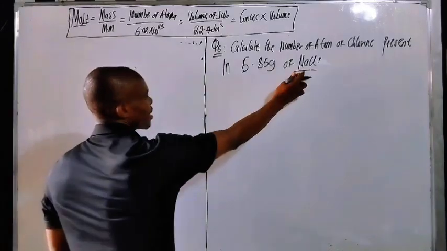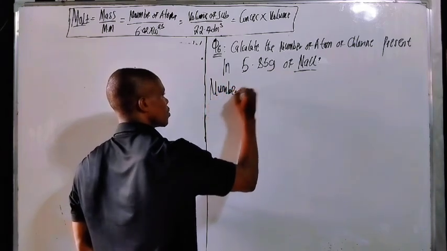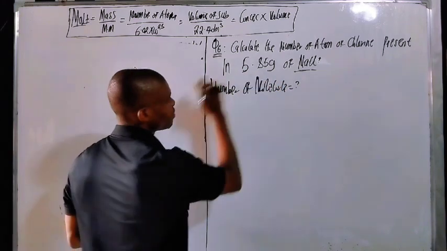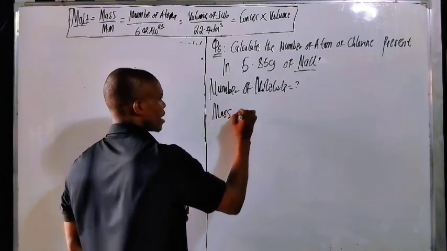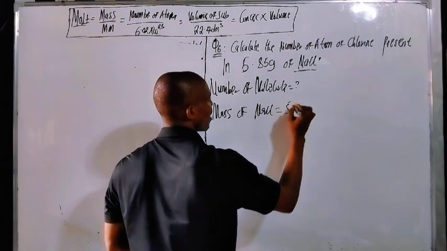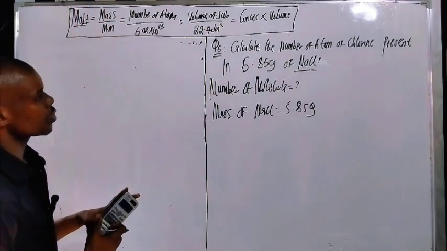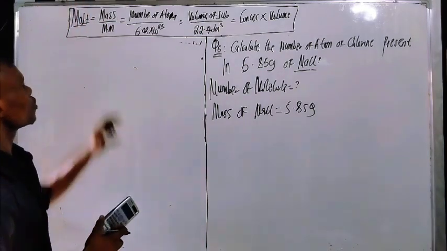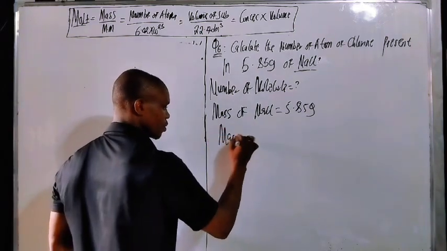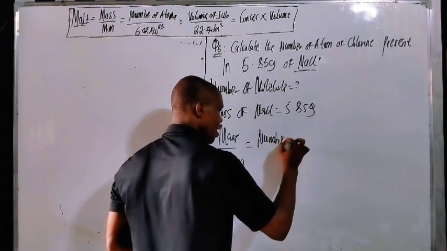So therefore, calculate the mass of molecule here. Numbers of molecule. First, you have to calculate it because here we have the mass of NaCl, which is 5.85 gram, right? So which one are we going to use? Of course, we have to use this and this. So we have to use molar mass equals to numbers of